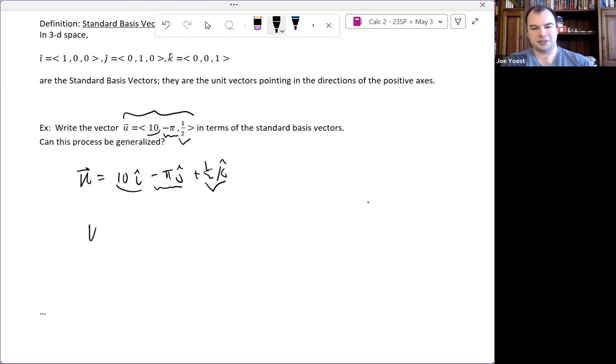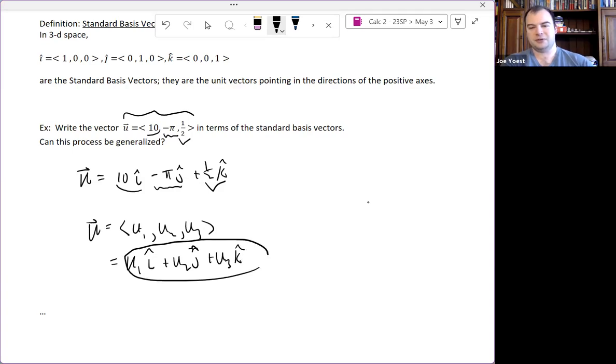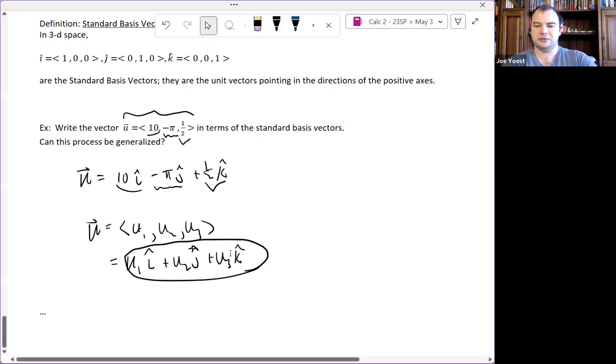And yes, the process can be generalized. If u bar is u1, u2, u3, u bar can also be written as u1 i hat plus u2 j hat plus u3 k hat. And a lot of times it's very helpful for calculations and understanding to write it in terms of the standard basis vectors. And in linear algebra, you'll see that you can use different bases. Sometimes a different basis is more helpful in a certain situation. Okay, so